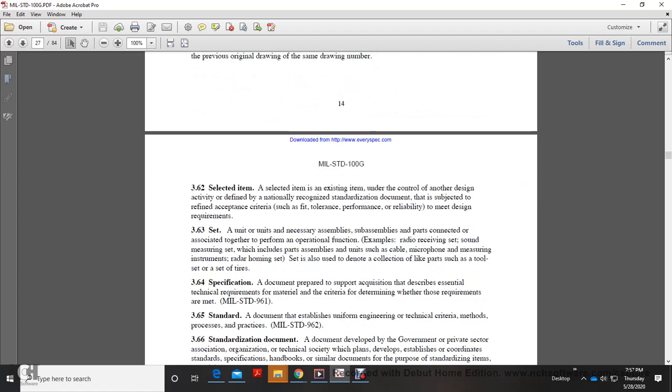Set: a unit necessary for the assembly, sub-assembly, and parts connected and associated together with performance and operational functions, such as the radio receiver, or the sound measuring set, which includes parts of the assembly unit and cable, the microphone, the measuring instrument, the radar homing set. Set is also used to denote a collection of parts, such as a tool set. Specification: a document prepared to support